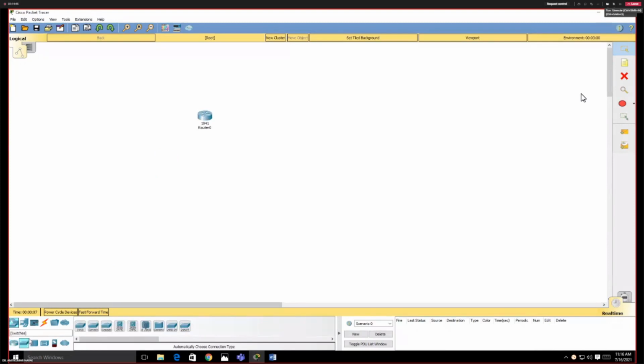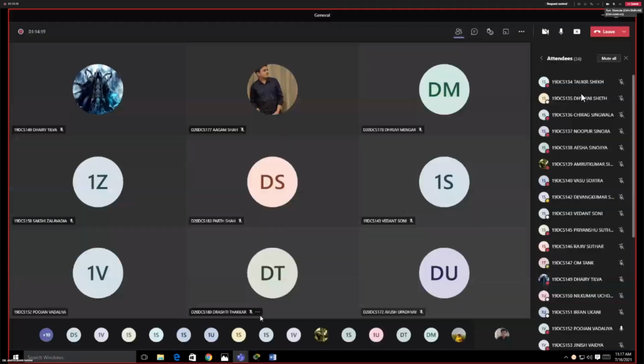I have taken one router, then I want to use two switches for two LANs. Then I want one computer in LAN 1 and one computer in LAN 2. Now, if you want to connect two dissimilar devices, computer with switch or switch with router, you have to use a straight through cable. Do you have the knowledge of LAN cable, yes or no? Please tell me.